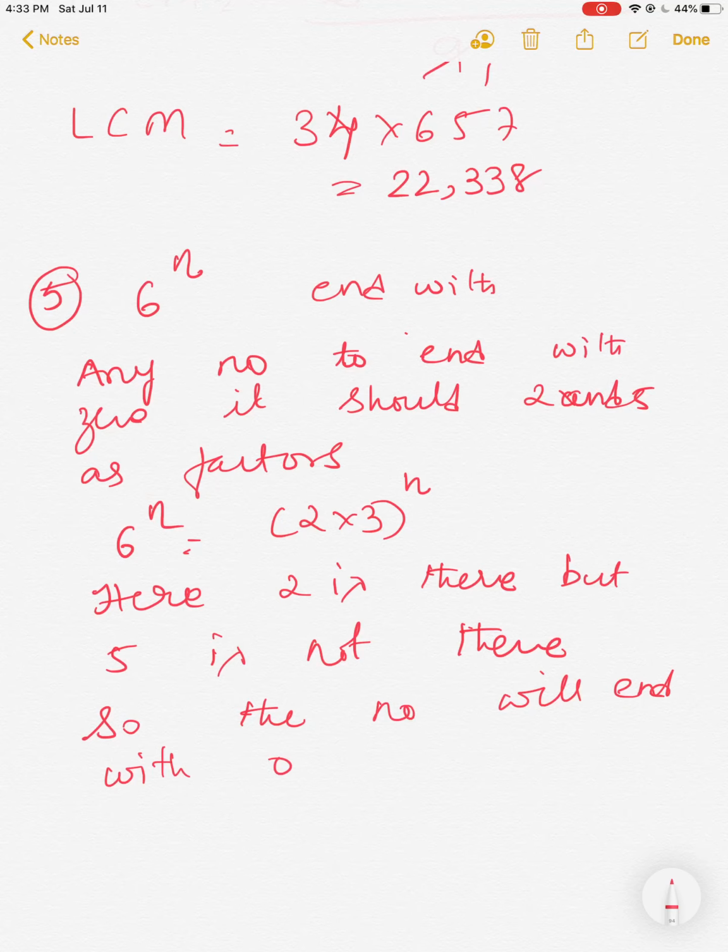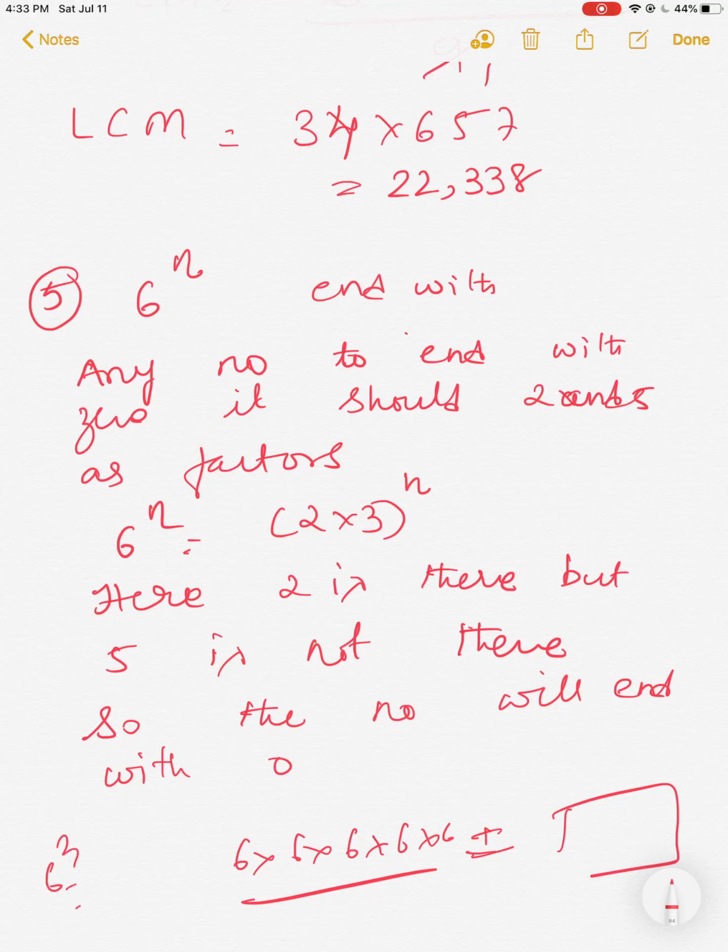What does it mean? Here 6 raised to power n is given. n may be 3, 4, 5 etc. It can be any number, n belongs to natural numbers. What are they asking? This number 6 into 6 into 6 into 6 into 6, like that. Supposing 6 raised to power 5 is there, if you multiply 6 five times, you get a certain answer, and whether this answer ends with 0 or not is the question.